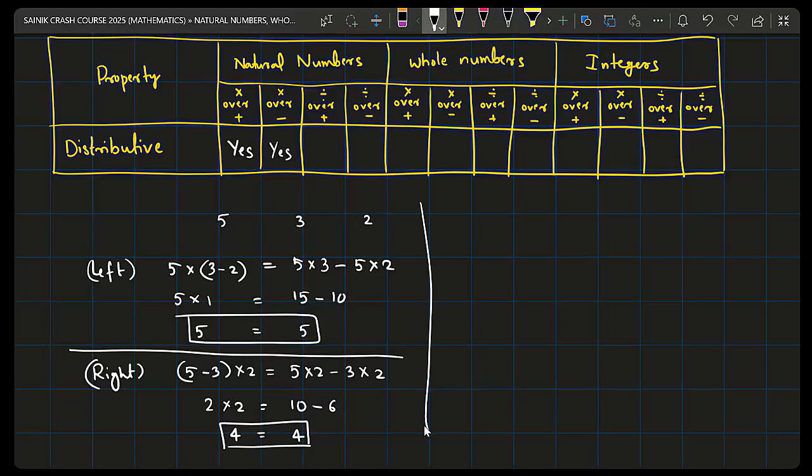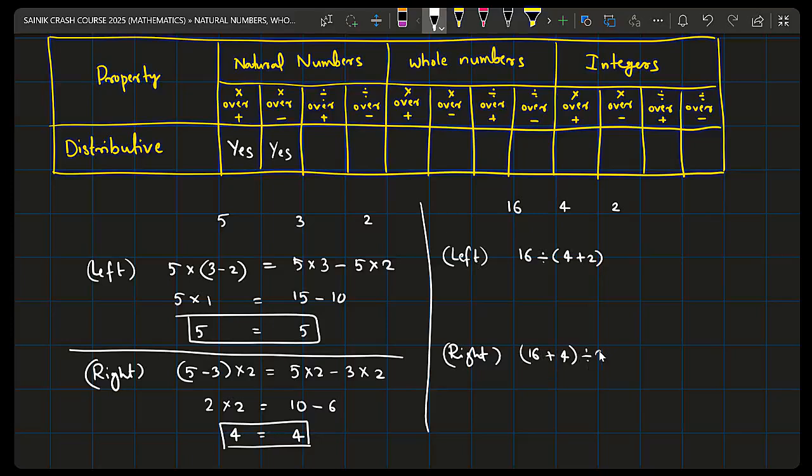Division over multiplication, satisfied or not. For example, I take 16, 4 and 2. I want to check this. First I'll check addition. Left distributive property, 16 divided by 4 plus 2, and then right distributive property I will check, that is 16 plus 4 divided